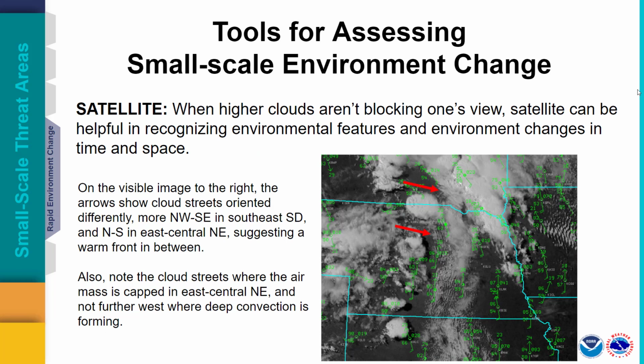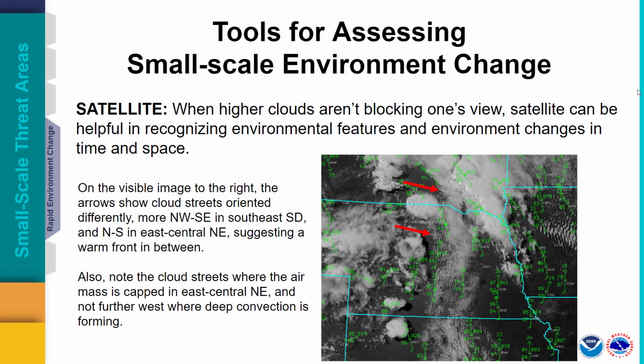As for satellite, well, when higher clouds aren't blocking one's view, satellite can be quite helpful in recognizing environmental features and environment changes in time and space. On the visible image to the right, the arrows show cloud streets oriented differently, more northwest to southeast in southeastern South Dakota, and more north to south in east central Nebraska, suggesting a warm front in between. Also note the cloud streets where the air mass is capped in east central Nebraska